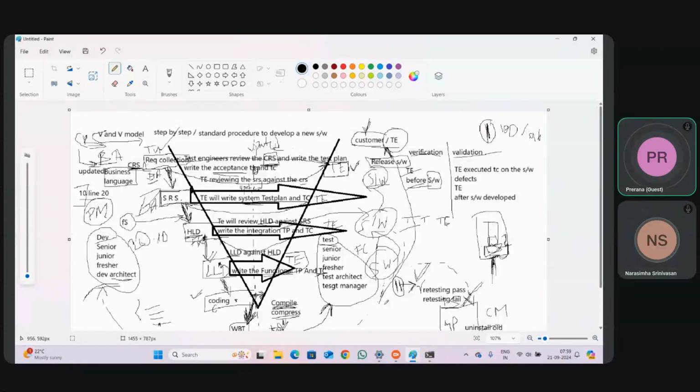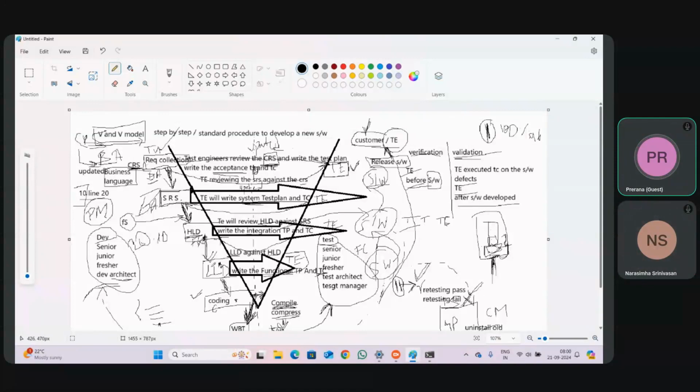In order to find the defects in the software, we do the validation process. It is done after the software is developed. So this V represents verification and this V represents validation. So it is called the verification and validation model, or V&V model.